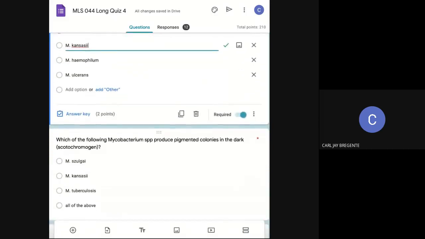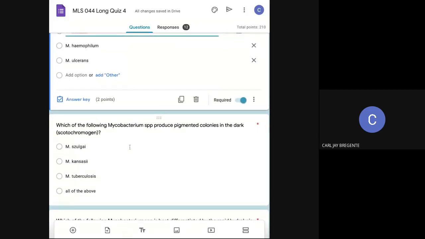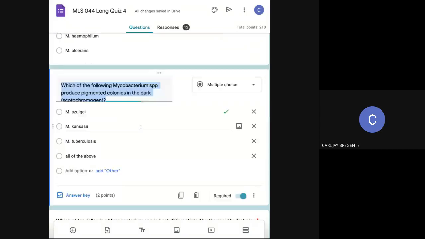Which of the following mycobacterium produce pigmented colonies in the dark, or scotochromogen? So that is M. szulgai. M. szulgai is a pathogenic scotochromogen, together with M. scrofulaceum and M. gordonae. They are scotochromogens. But your